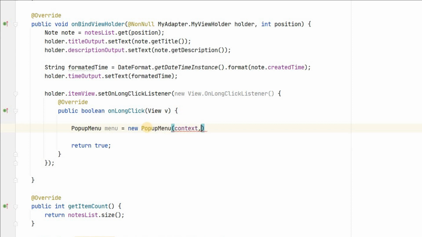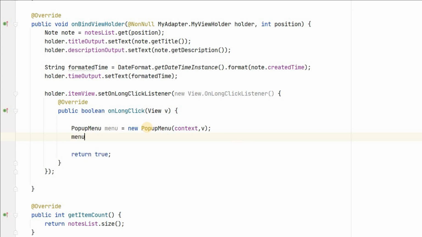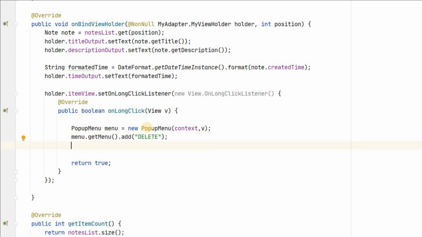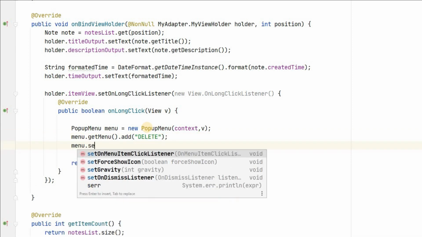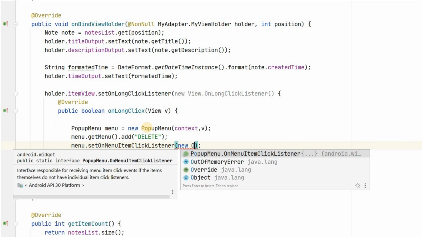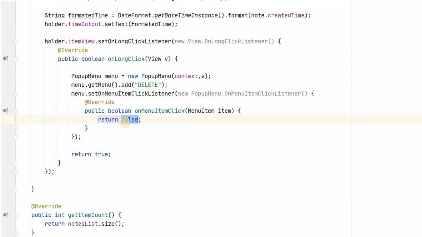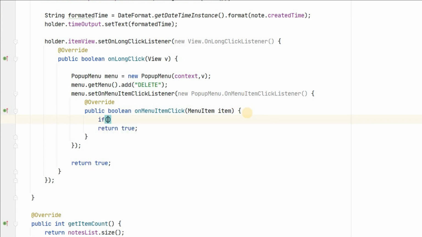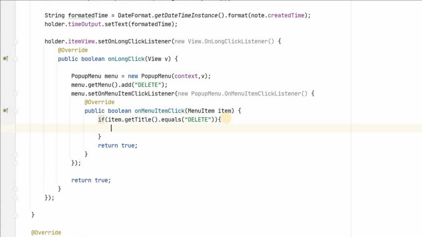We have context and the view. In menu.getMenu().add, we will add a delete option in the menu. And then menu.setOnMenuItemClickListener, new OnMenuItemClickListener, return true over here. In onMenuItemClick, if item.getTitle is delete, so if the user has clicked on the delete option that we have added already, we need to delete the note.